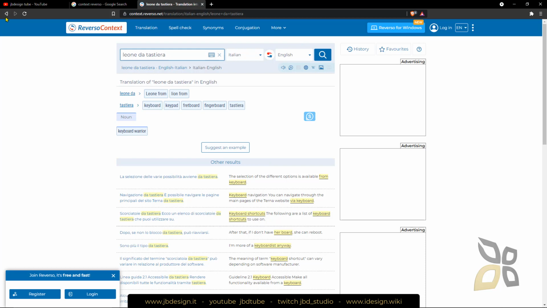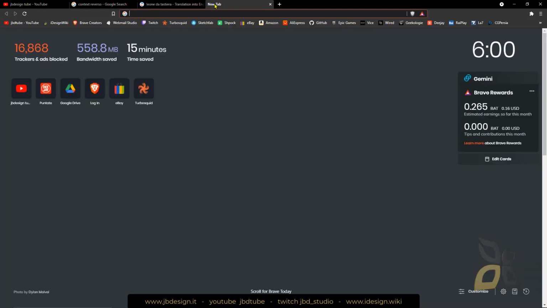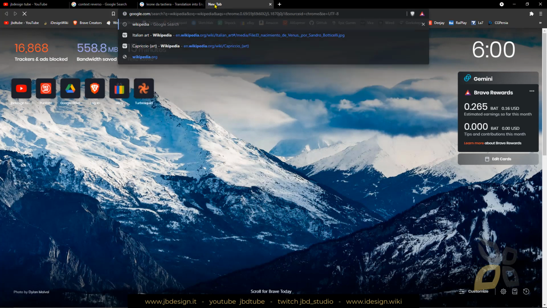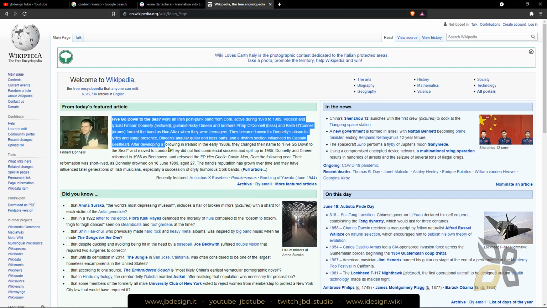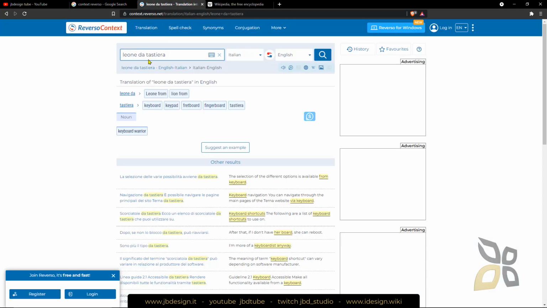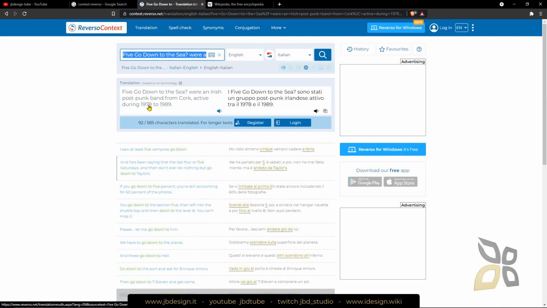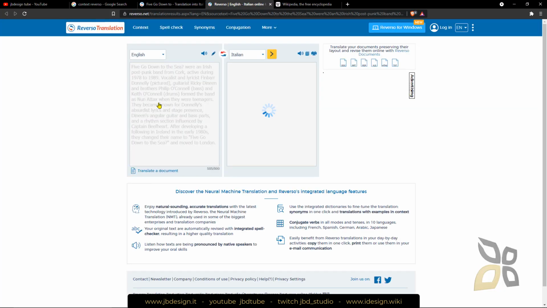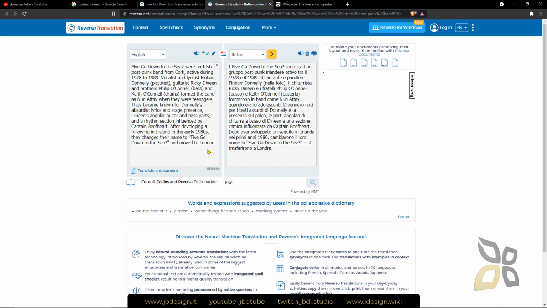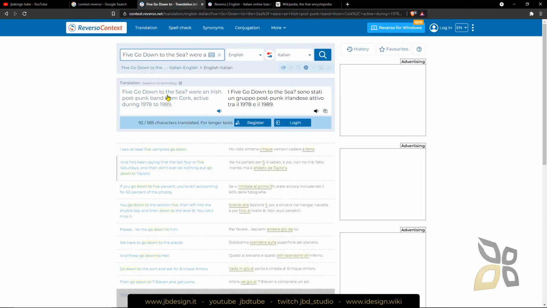Other things that we can do is copy and paste anything. So if we go on Wikipedia, let's get something from here. I will copy this and paste it, with Ctrl+C, Ctrl+V, or right-click, copy and paste, and then press search again, and it's going to make the translation here. Again, I can hear all the pronunciations, and if I click, I can see the text that they have copied and pasted, not just the initial phrase here.